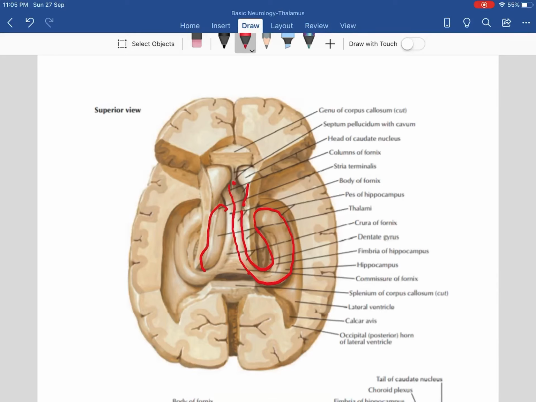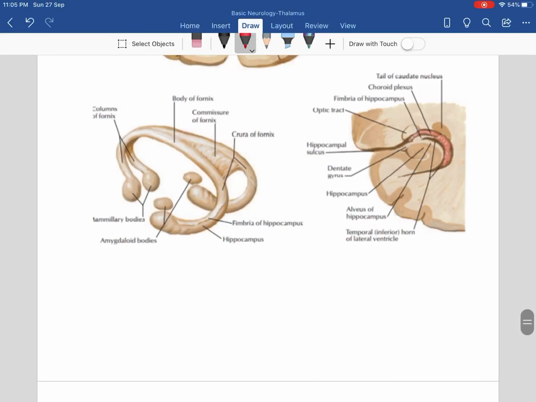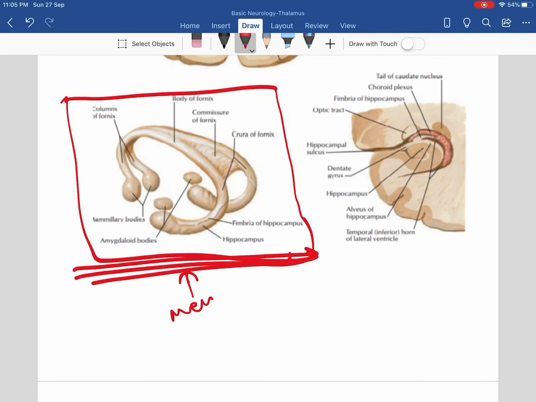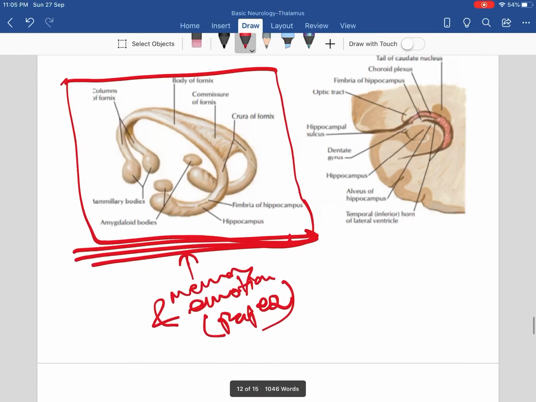Okay, so here are the thalami. Okay, this is the thalamus, and just see how it is related to the hippocampus. This is hippocampus, this is fimbria of hippocampus. Okay, and then mammillary bodies will be somewhere here down in the hypothalamus. They will send the mammillothalamic tract. Okay, so again this figure पिछले वीडियो में भी देखा है. It is worth repeating this figure. You should know this structure very well. It is concerned with memory and emotion. Okay, memory and emotion. It is in the Papez circuit. Papez recent memory में आता है तो Papez circuit.